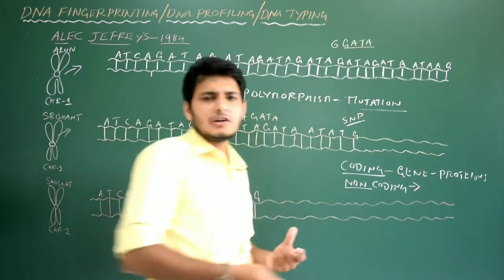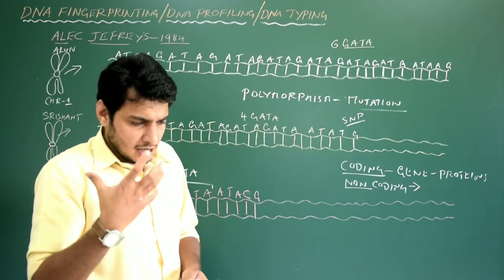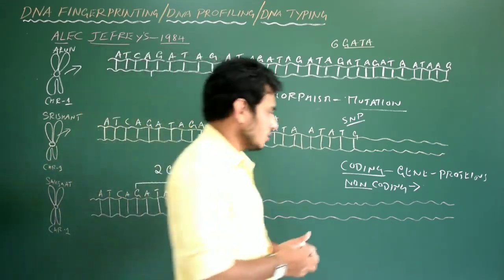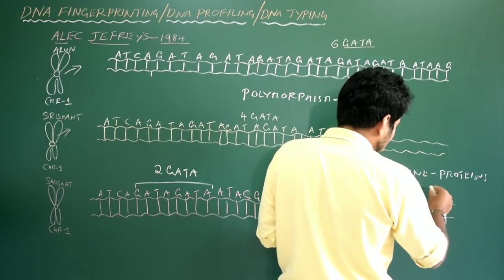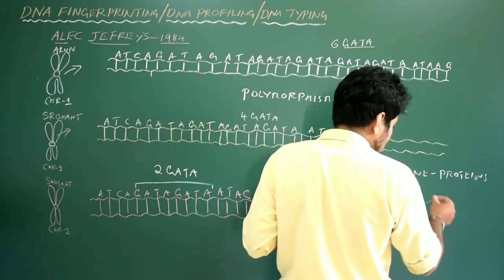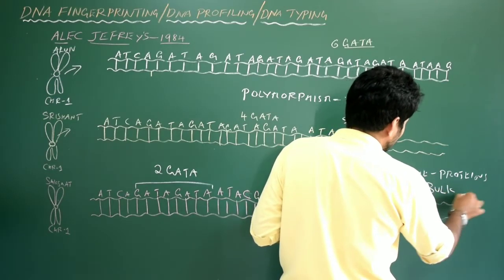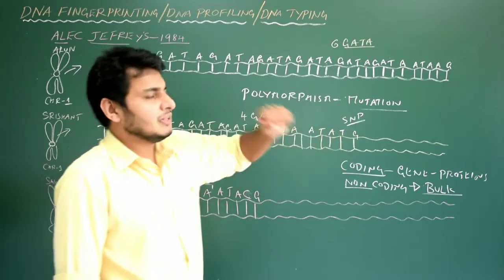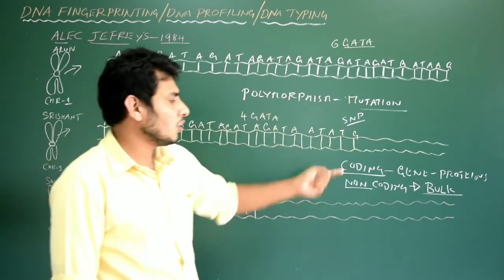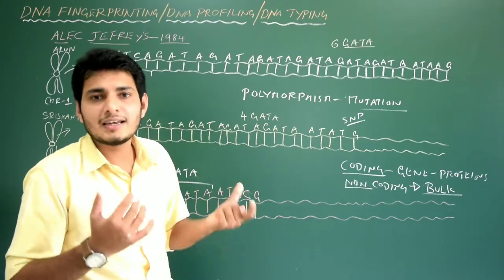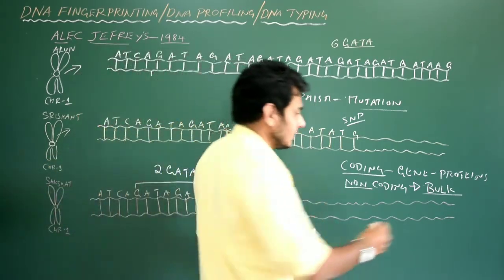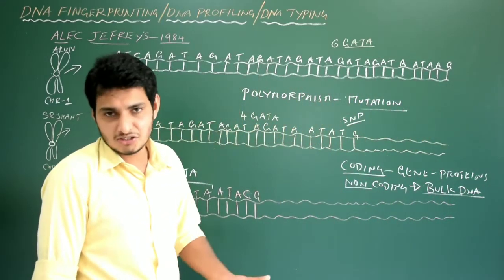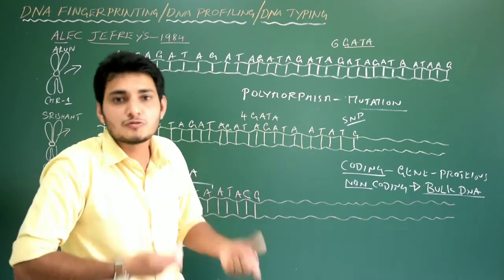They actually play an important role in providing structure, and in the dynamics of the chromosomes. So non-coding regions are not going to produce any proteins, but still they make up the bulk DNA, because if you see the entire human genome, 90% of the sequences are nothing but non-coding regions. They are not going to code for any proteins. They are not genes. They are bulk DNA. They make up 90% of the DNA, whereas the remaining 10% is the genes. Are you getting my point? There are some useful things.